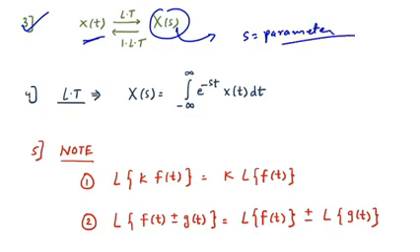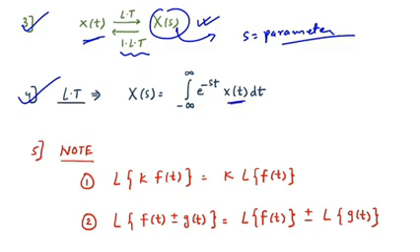If we apply the Laplace transform, we can go from time domain to the Laplace domain. But what if I have the Laplace domain signal and I need a time domain signal? Then you should go for the inverse Laplace transform. So these are the important points, Laplace transform and the inverse Laplace transform. This will help you to shift from one function to another, like time domain to Laplace or Laplace to time. Now moving forward, how can we apply the Laplace transform?